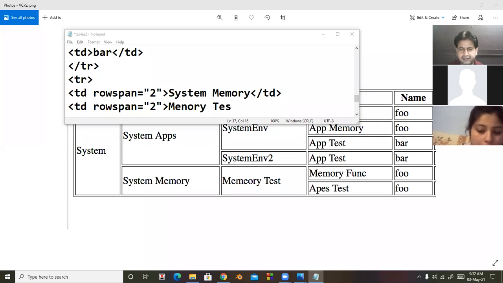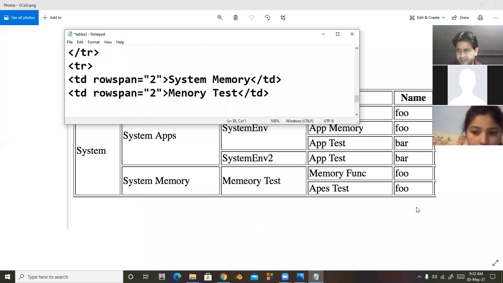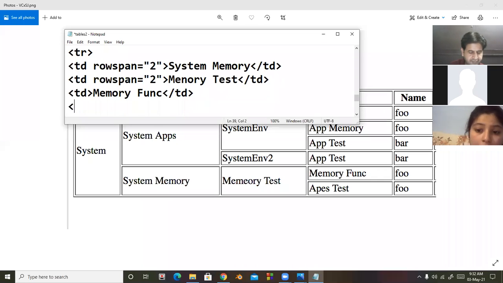Now next is here a memory function. Then td close, then again td start, td close.